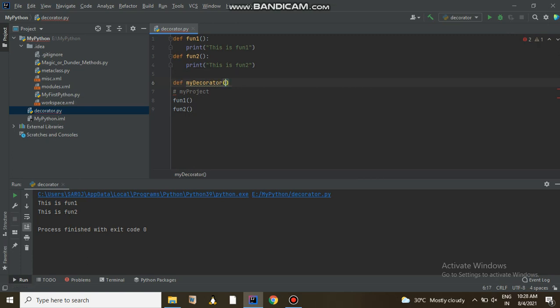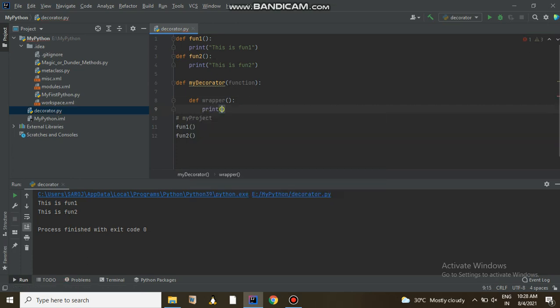As I told, you can pass the function here because a function is a first class object. Here you need to create another function, def wrapper. Conventionally it is called a wrapper function, which will wrap your original function.